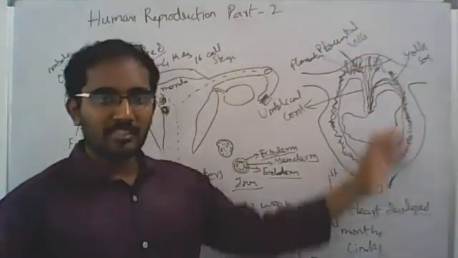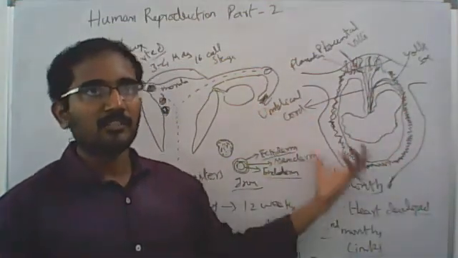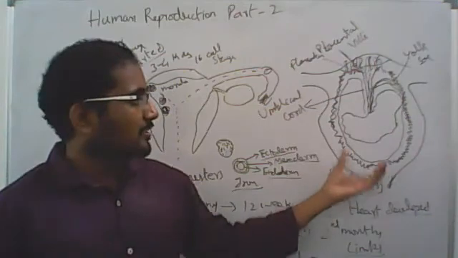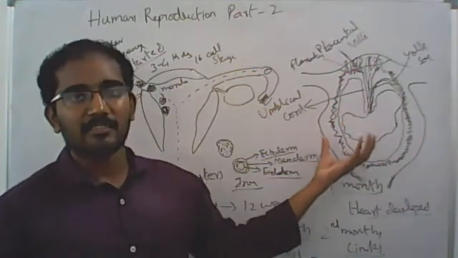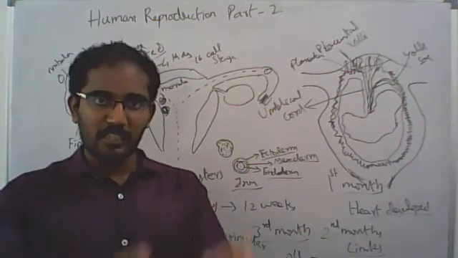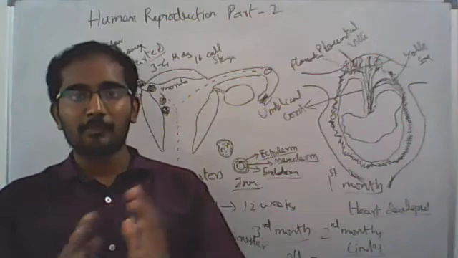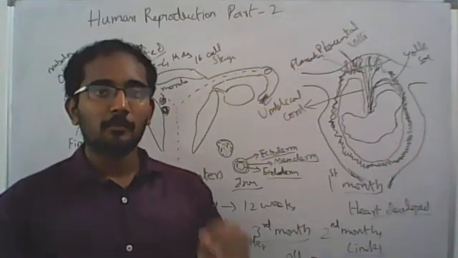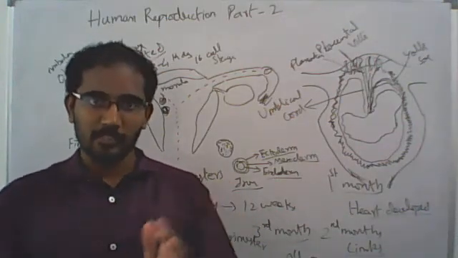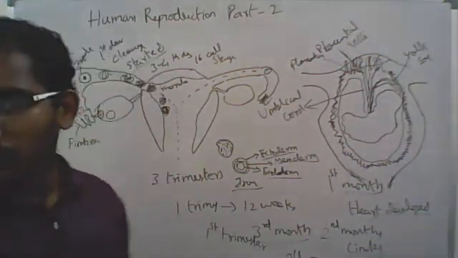So after the fetus has developed up to a certain level, when it is in the third trimester, all the extremities like hands, legs, and hair-like structures are well developed. Now the baby is trying to move, and the next step is parturition. Parturition is the childbirth process. Let's discuss how the childbirth process will be.